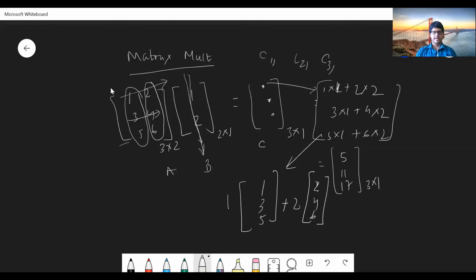So you can visualize matrix multiplication this way: if you multiply a matrix with a column vector, then we are going to obtain a linear combination of the columns, or the column vectors, of the first matrix. Okay, so this is one simple thing you might want to realize, because this is going to work a lot in your higher classes, or even in the chapter on vectors, when you understand linear combinations. So this is one simple trick, but originally it is how to multiply row by column, row by column, and row by column. And this is a different picture of matrix multiplication. Fine. Let me erase all this stuff.